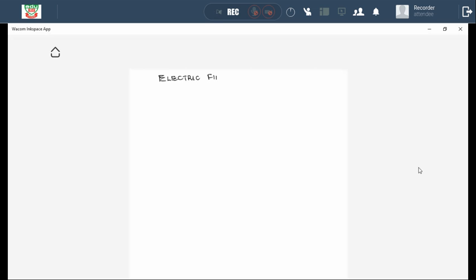I'm going to give you the definition for electric field. I'm not going to give you too much stuff here because it's very straightforward. So what is electric field? I'm going to write the definition right away. Electric field is a region. Now I'm going to underline the term region. Electric field is a region of space,